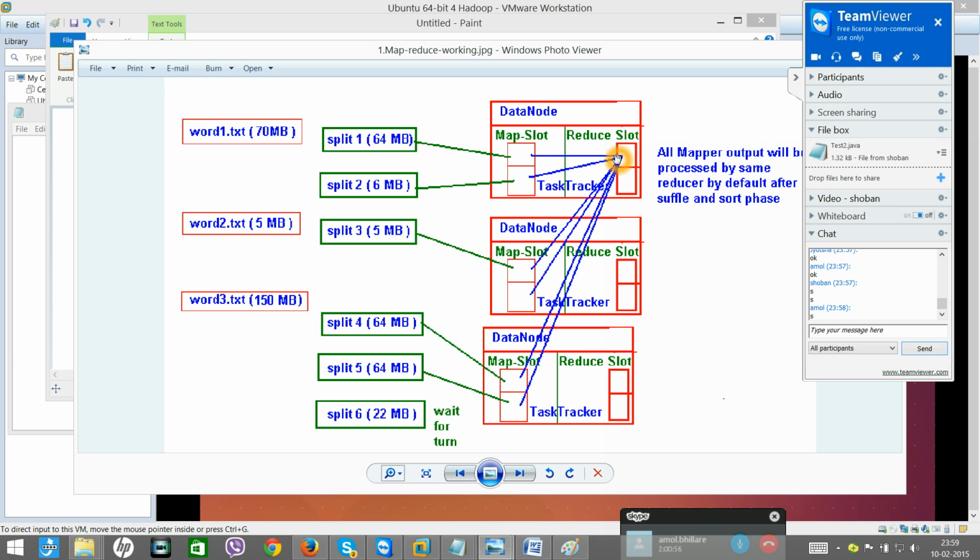So this map slot will give output, this map slot will give output, and so on for each one. After that it has to be sorted. So can sorting be done at different places? No. Sorting has to be done in a single place,